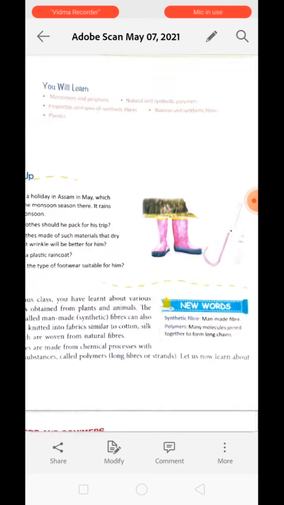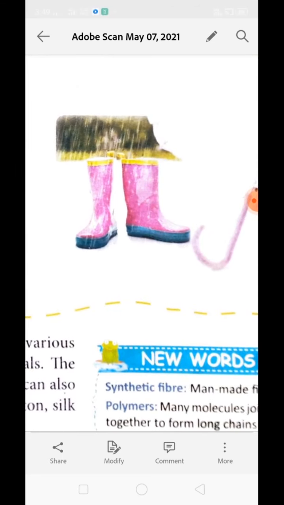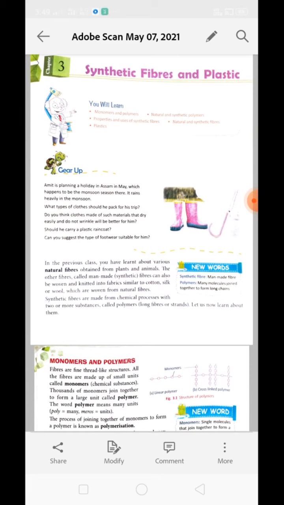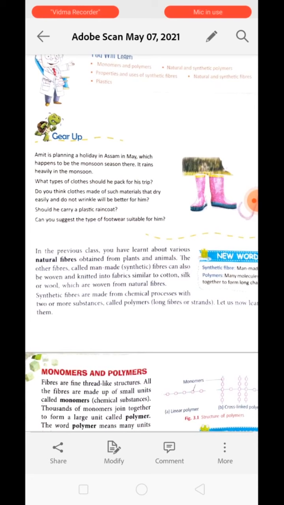You can see over here in the figure a rainy season. Can you think about what kind of cloth we need in this rainy season? Now about cloth matter. Cloth is what? It is made of fabric. Fabric is used to make cloth, and fabrics are formed with the help of fibers. Fibers can be of two types. The one is natural and the second is synthetic fiber. About this you have already learned in class 6 and 7, right?